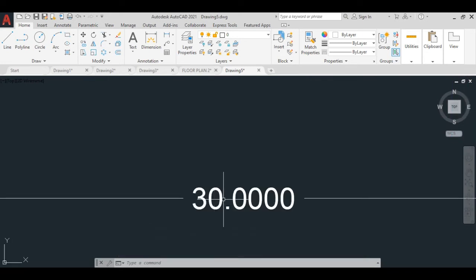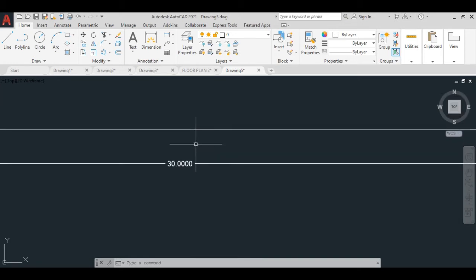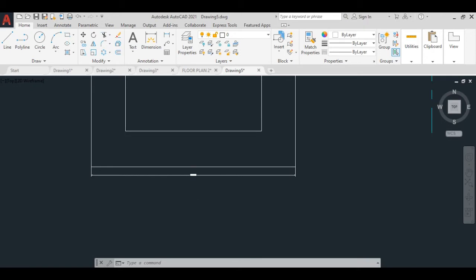You can also see here 30.0000, the precision, which is 4 decimals. We'll do the settings so that we can make proper dimensions over the drawing.